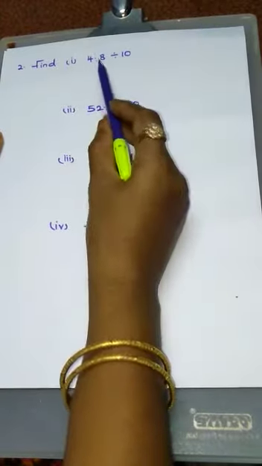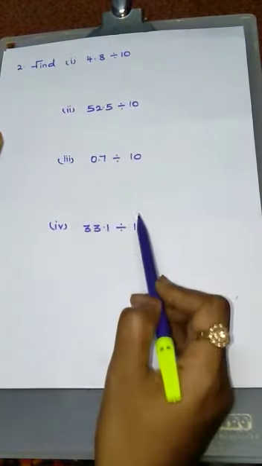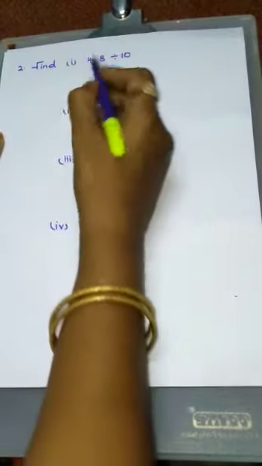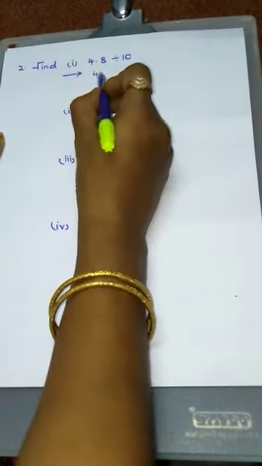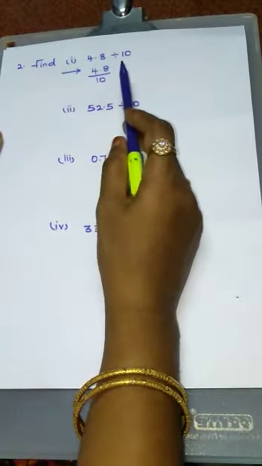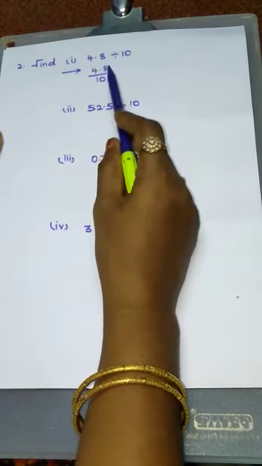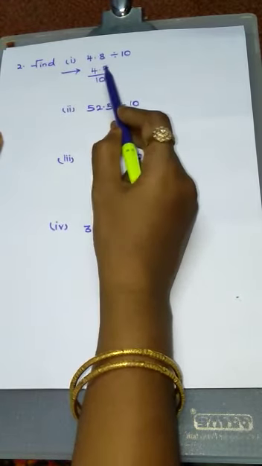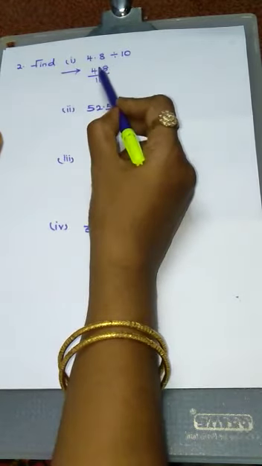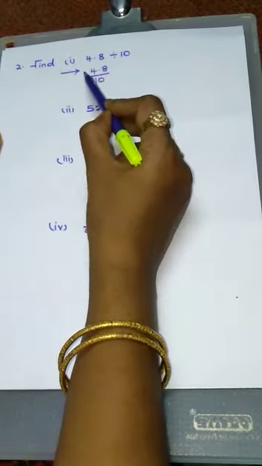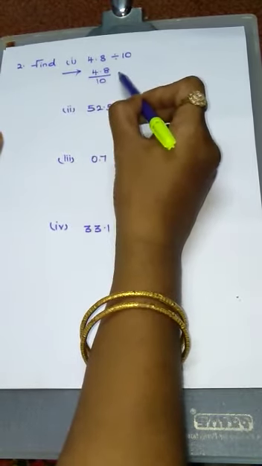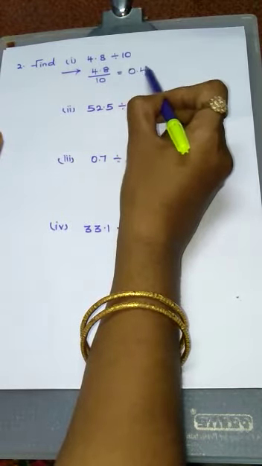Now we are going to divide a decimal number using the value 10. So we have to move the decimal point towards left only. The question is actually 4.8 divided by 10. When we multiply a number by 10, 100, 1000, automatically the decimal point moves towards right. When we divide a decimal number using the value 10, 100, 1000, we have to move the decimal point towards left only. So now the point is here, we have to move one place only. So the answer is 0.48.